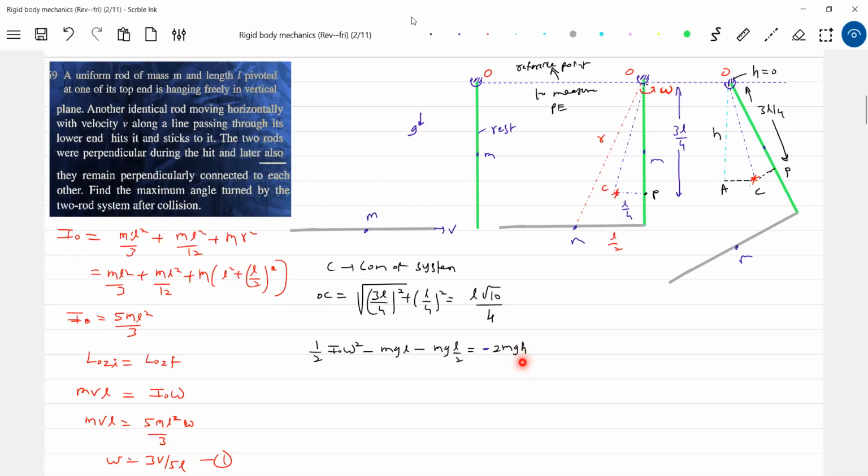If I know H, I know OC. Can I calculate this angle theta 1? As I know OC and H, I'll get this one. Then after that, I know theta 2. Then theta 1 plus theta 2 will be our angle. So this should be half into